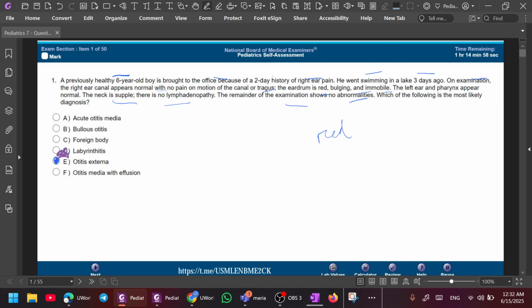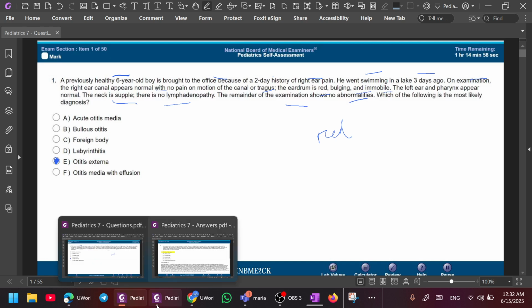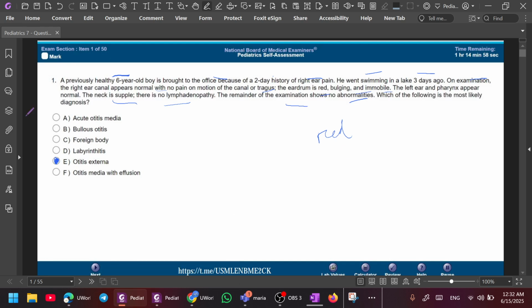Okay, so it is acute otitis media, an infection of the middle ear that classically occurs in children. Causative agents include viral and bacterial pathogens, commonly Strep pneumoniae, Moraxella catarrhalis, and non-typeable Haemophilus influenzae. It presents with ear pain, often with fever, a red tympanic membrane with retrotympanic pulse and middle ear effusion, and